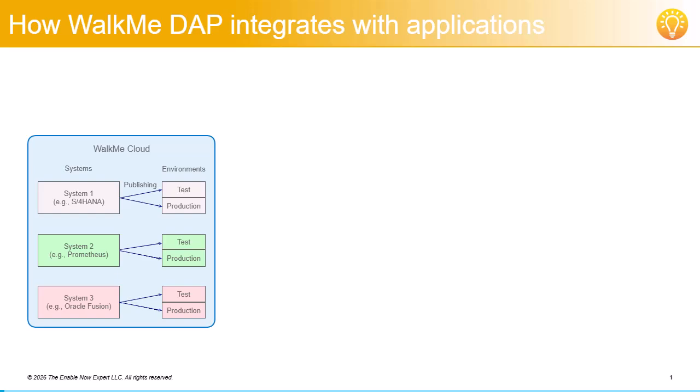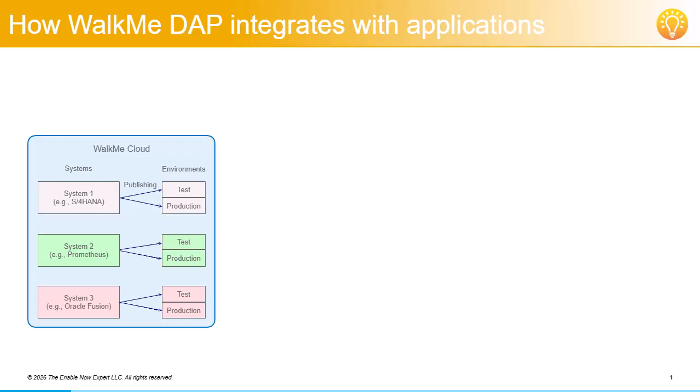Let's look at how WalkMe DAP is integrated with different applications to provide in-application help for those applications. First, let's note that within WalkMe, content is created within a specific system, which can be thought of as a workspace or repository. Each WalkMe system is typically created for a specific target application for reasons we'll discuss in a minute. And a typical WalkMe implementation will likely contain several systems, one for each target application for which application support